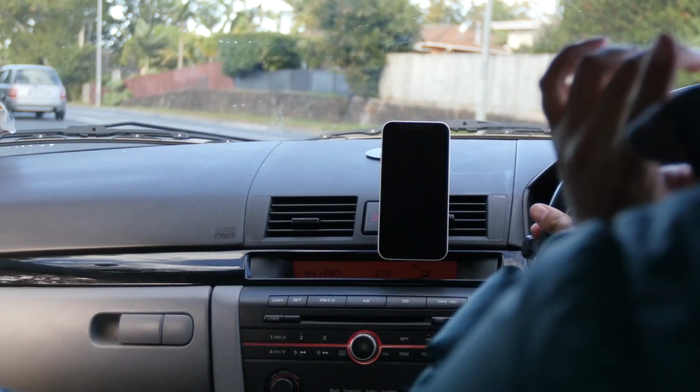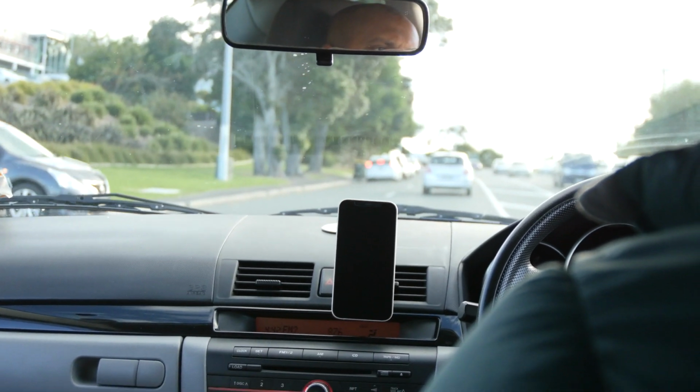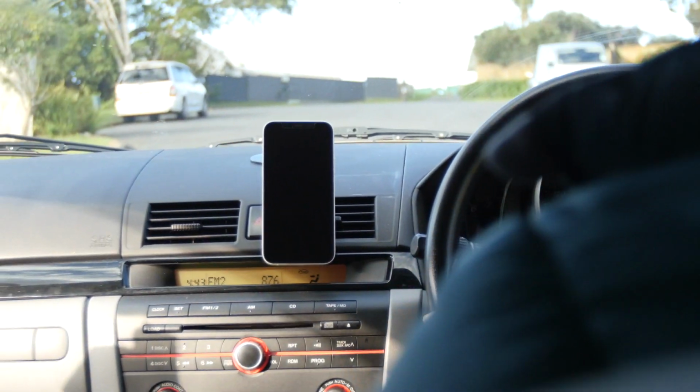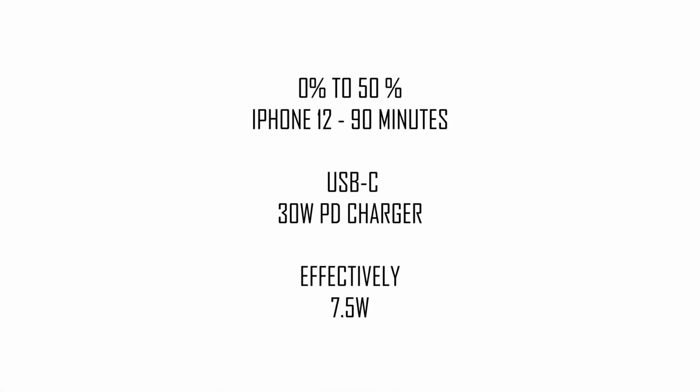Okay, we've tested this out, and in different conditions it's fine, and the magnet is pretty much okay. In our test for the charging, the charger charged an iPhone 12 from 0 to 50% in 1 hour and